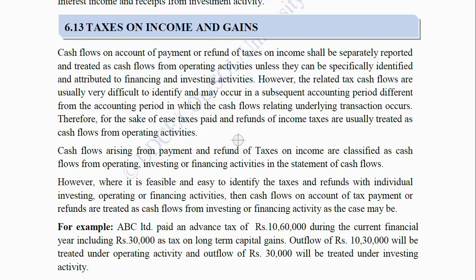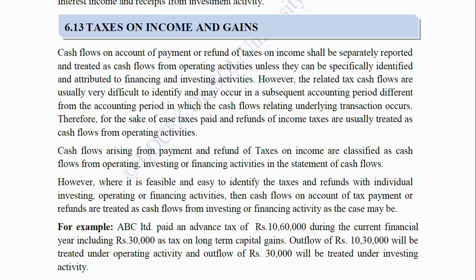However, the related tax cash flows are usually very difficult to identify and may occur in a subsequent accounting period, different from the accounting period in which the cash flows relating to the underlying transaction occur. Therefore, for the sake of ease, taxes paid and refunds of income taxes are usually treated as cash flows from